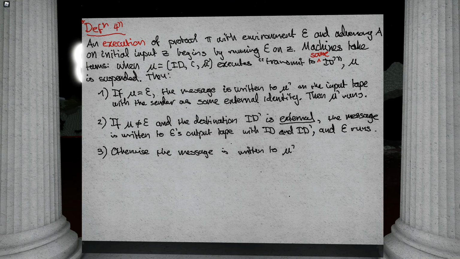It could be any label, right? It might be one machine calling a subroutine. It might be a subroutine outputting a value to its caller. So we don't set any particular label. We don't say specifically which tape it is. It's whatever tape the machine specifies. So the given tape and the ID, right? The receiver is going to know who sent it. And then the destination runs.